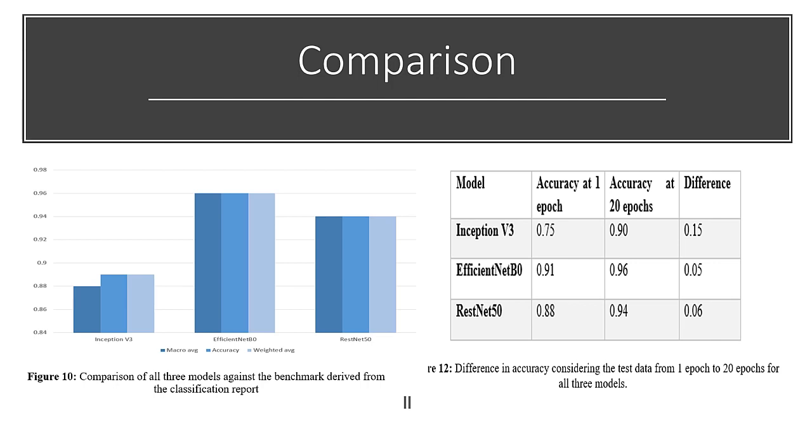Also, from the comparison graph, we can see that both EfficientNet B0 and ResNet 50 have a higher accuracy rate than the Xception V3 model. EfficientNet B0 has the highest accuracy, 0.96, compared to all three models. So in conclusion, it can be settled that EfficientNet B0 pre-trained model worked the best rather than the other two